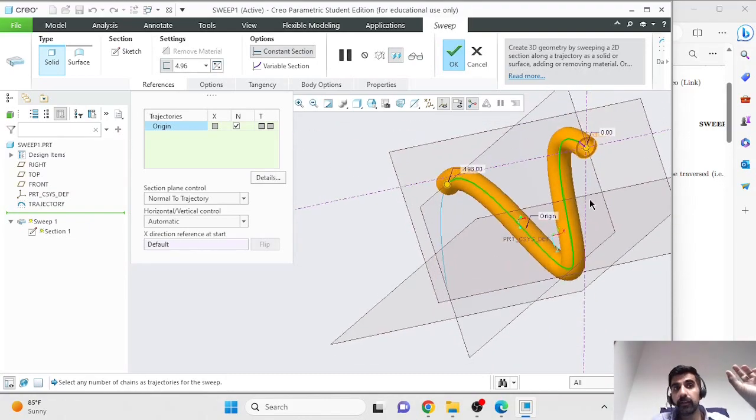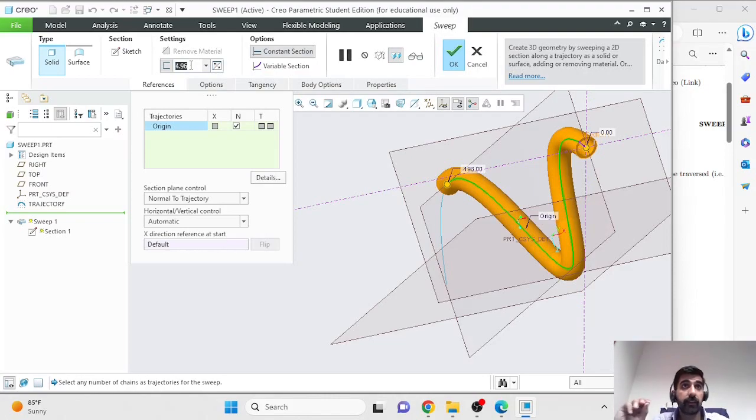You could have made two circles, an annulus, in your initial sketch and then swept it, and that would have made something similar. Or you can make a solid, select this option from here, which is add thickness, so that automatically creates for you a hollow profile, and then you can prescribe how thick you want your part to be